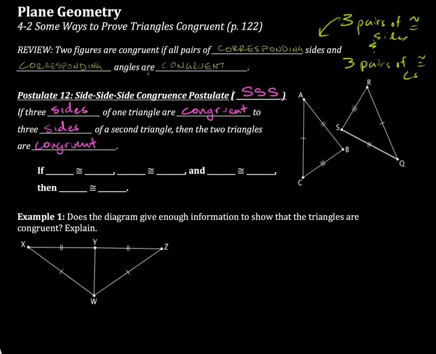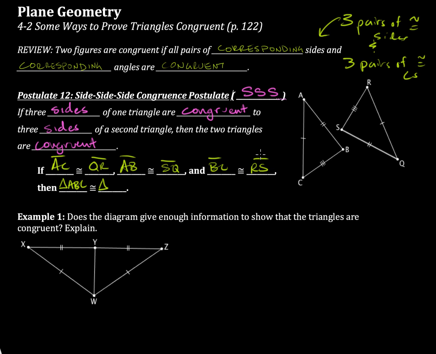So if you compare what this says to what this definition of congruent figures says, you'll notice that in the side-side-side congruence, we don't have to look at angles at all. If we can match up each of the sides of one triangle to a side of the other triangle and have those three pairs of sides alone, that's enough to determine that the triangles are congruent. So in this figure over here, if segment AC is congruent to segment QR, and if segment AB is congruent to segment SQ, and finally segment BC is congruent to segment RS, then triangle ABC would have to be congruent to triangle